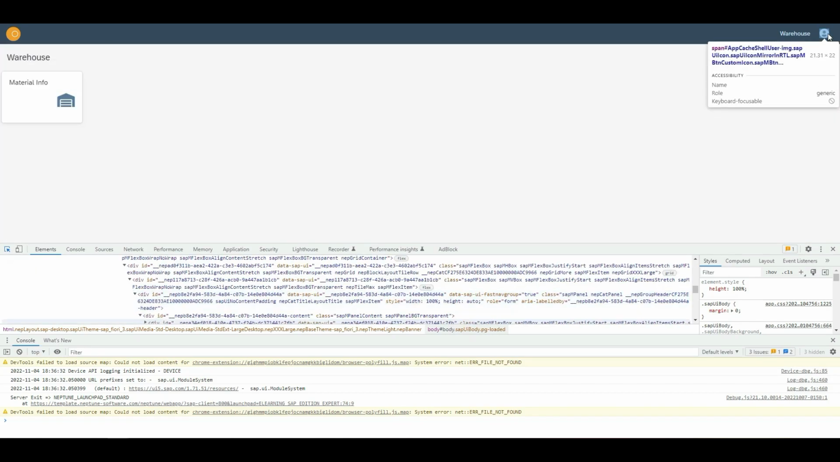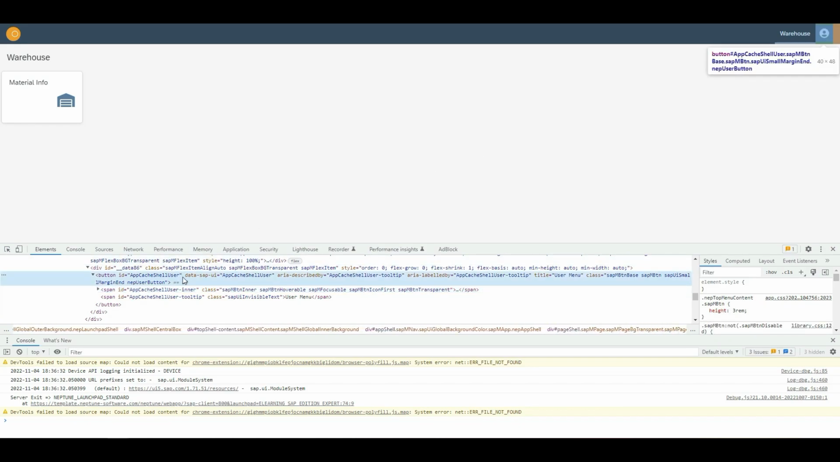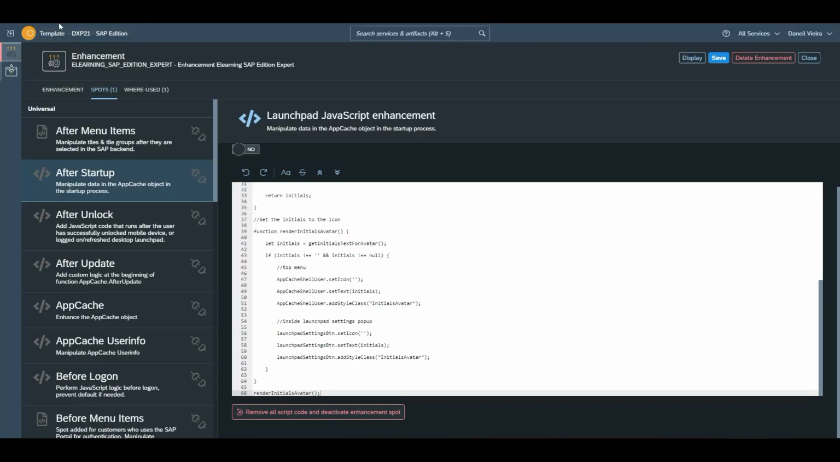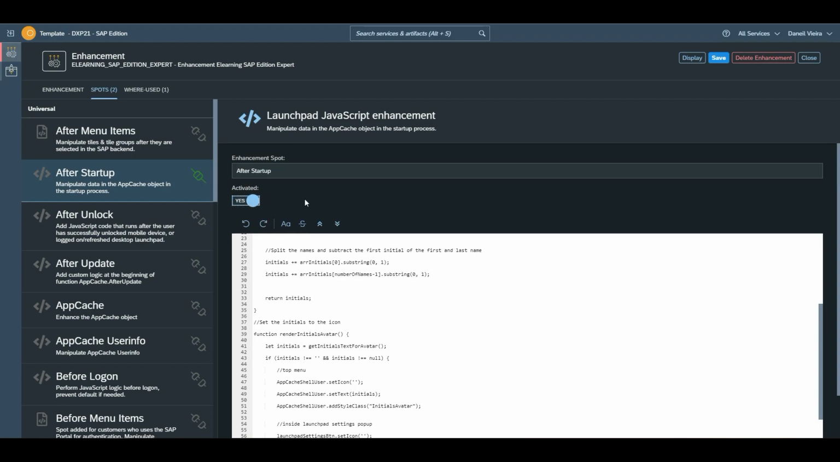So let's go over to the inspector, and as you can see, it is a button. So let's go back to our enhancement. We need to click on the activated button and save. We also need to add some styling to this button. So let's go back to the Launchpad tool,